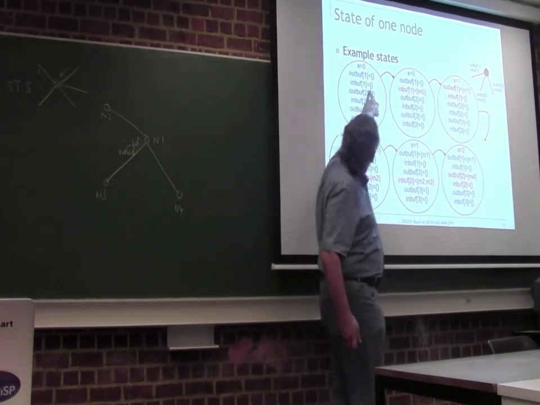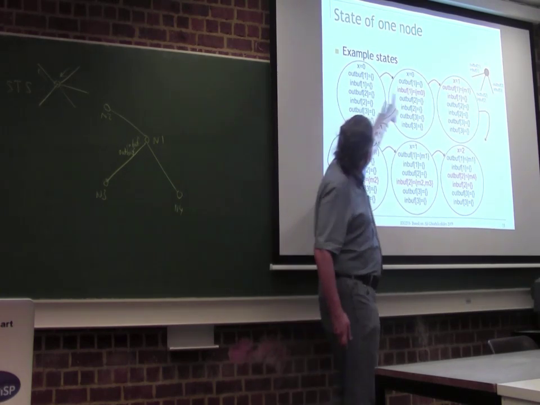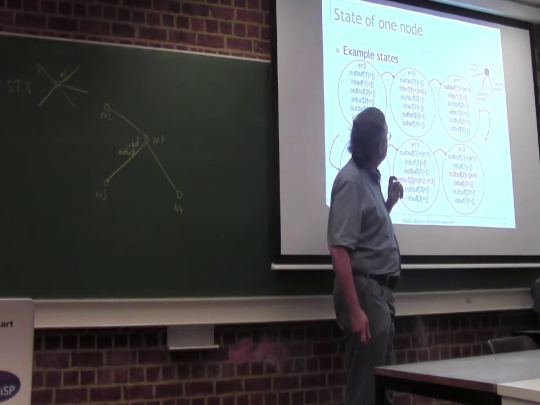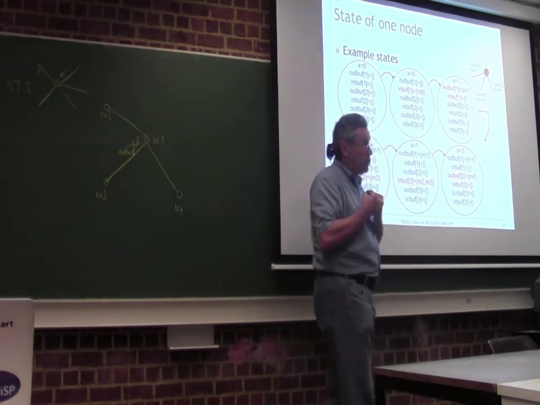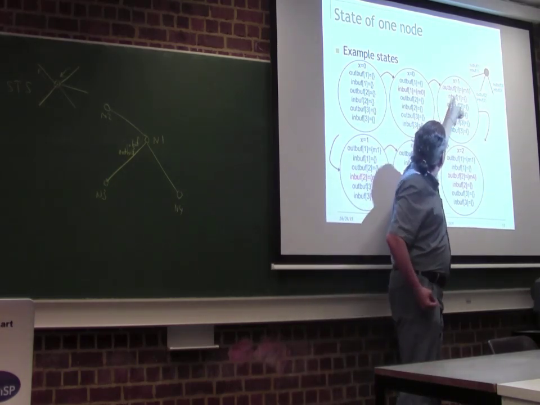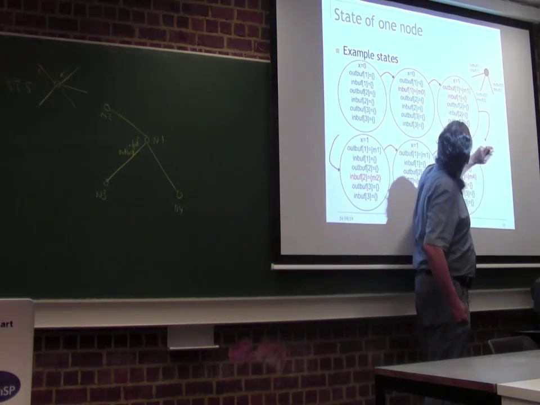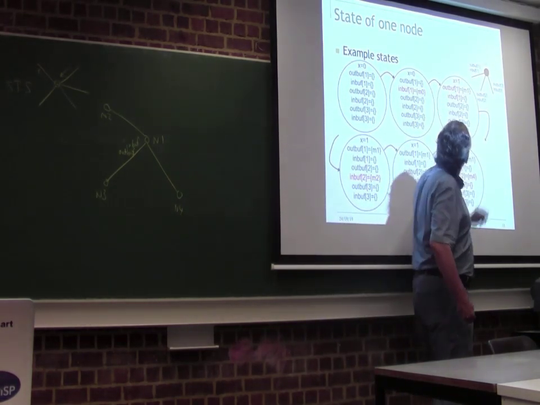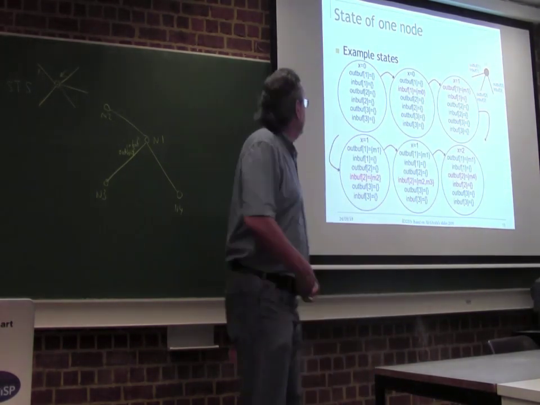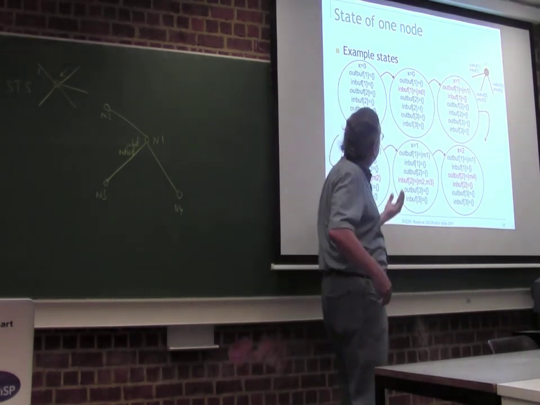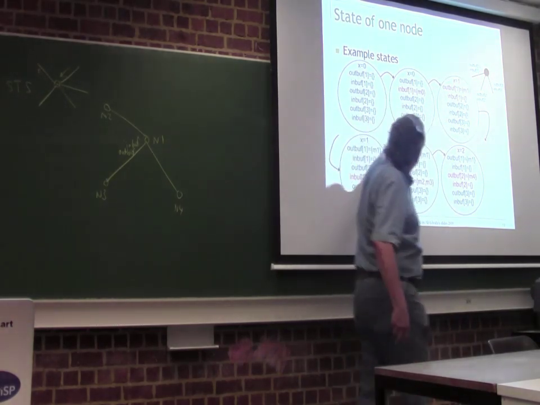So maybe there's a message coming in here. So we have a state transition where the in buffer neighbor 1 gets message M0. And then we have a state transition where we read this incoming message. So the in buffer becomes empty, and we send a message. So the out buffer gets the message, M1, and the state changes to X1. So this is a typical kind of execution. You remove elements from in buffer, and you might, if you send, put things in the out buffer. Okay? So then you can keep going.